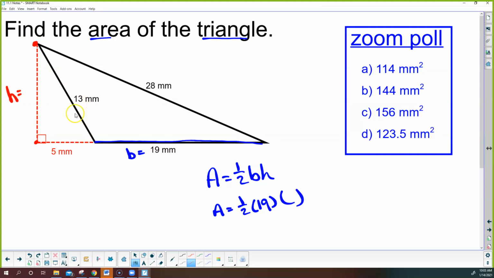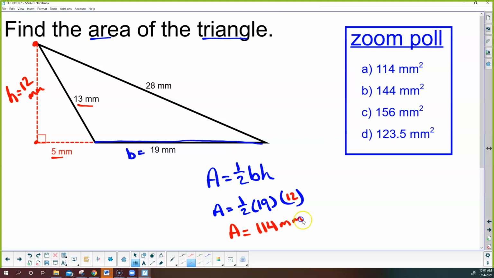Or if you notice, 5 something 13, this is a triple. It's 5, 12, 13, so the height has to be 12 because of a Pythagorean triple. And then if you do 19 times 12, you get 228, and then I divide that by 2, and I get